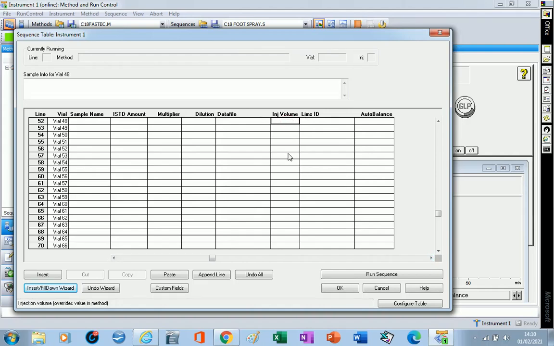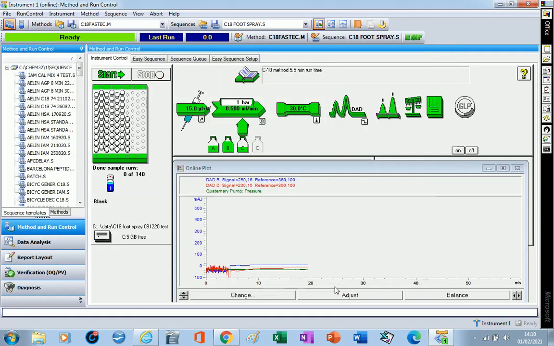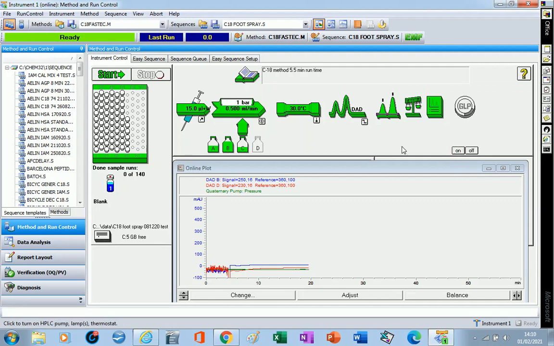Let's say you realized that the 15 microliter I set in the method file is too much and I want to change it to 5 microliter. This will override the method volume. And then I say okay, and then I am ready for the analysis, and I say on. And then unfortunately you see, my sequence file said the faster method, a longer gradient, so it will